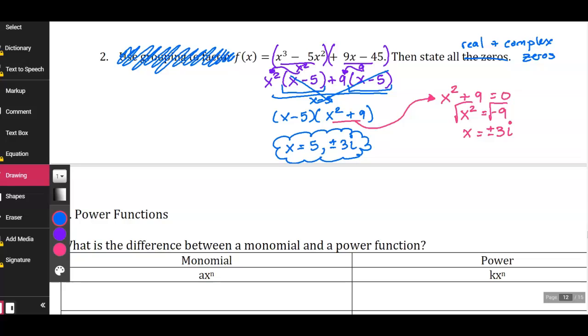Anytime you have what you guys were referring to as a sum of squares, it is just the plus or minus square root of that number with an i tacked on. So if you had x squared plus 16, what would our roots be for this problem? Oh boy, we're about out of time. Exactly, plus or minus 4i. Wonderful. Any last